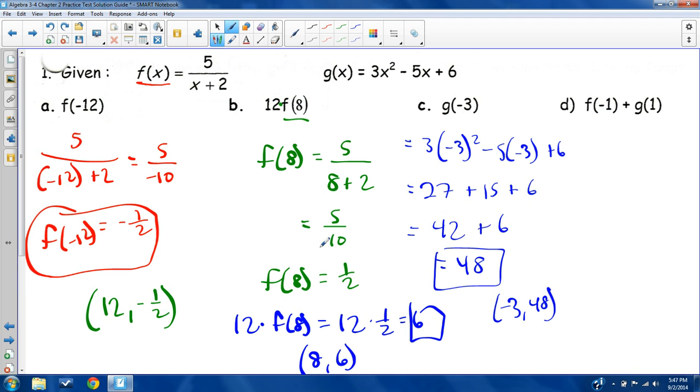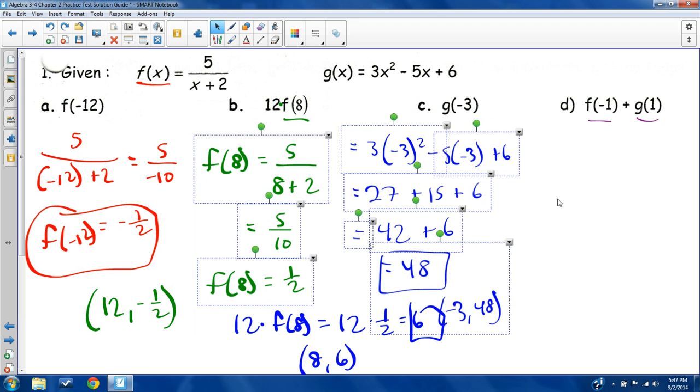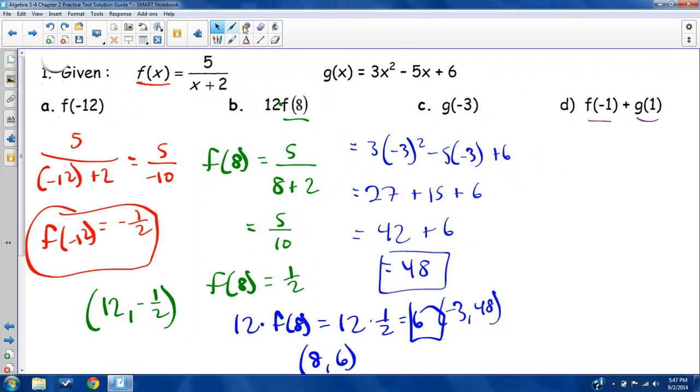f of negative 1 plus g of 1. So take the f of negative 1, add it to g of 1. And I'm kind of running out of space here. Let me shift these over. The benefit to these videos is if I ever delete something, you can go ahead and rewind and check it out again. So f of negative 1